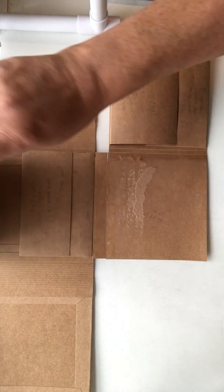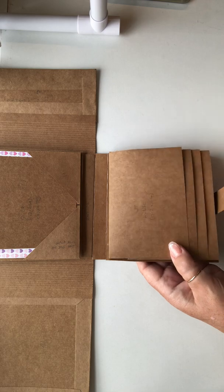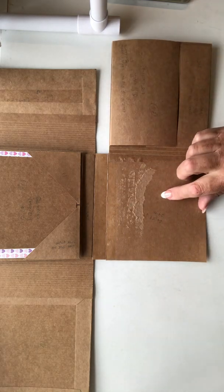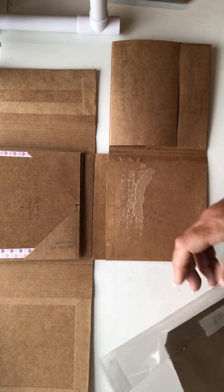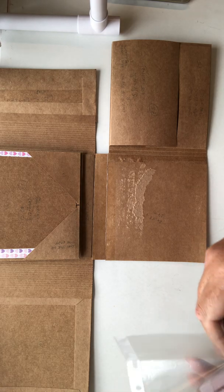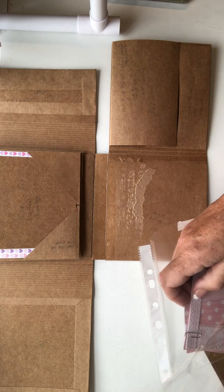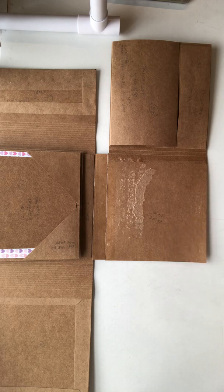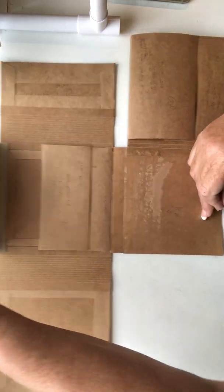So that's page 4. This is page 5. This is page 6. This one here is page 7. And there isn't much to do with page 7. All we need to do is, there it is. Right, we need another one of these reinforcement strips. Do you remember, like I said to you, I put a reinforcement strip up there? Well, we need...